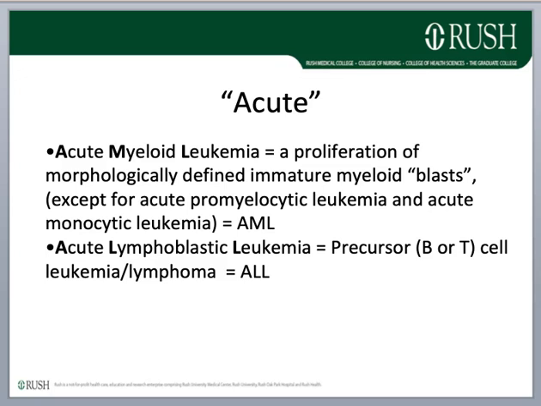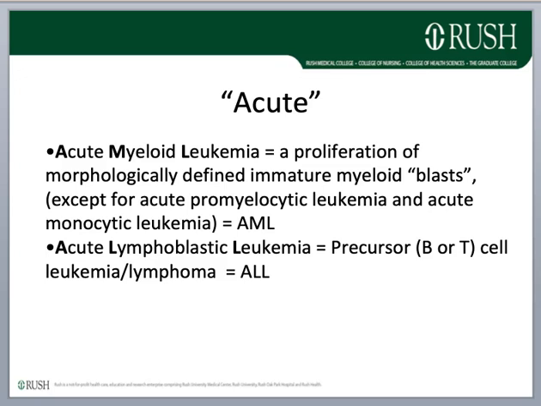But all of these are lumped under the general term AML. In contrast, there's acute lymphoblastic leukemia, and these are lymphoid neoplasms that are composed of precursor B or T cells. And for various reasons I'll explain in a bit, we usually call these leukemia/lymphoma, and they're all lumped